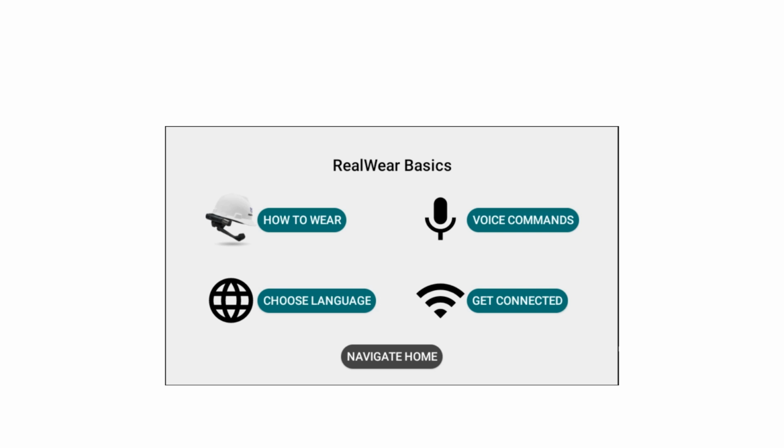You'll notice on the training application there are 4 topics to choose from, and these are essential to get you up and running, learning how to use your new RealWear device. The first topic covers how to wear. This will walk you through a tutorial of how to find your dominant eye and make sure that you're wearing